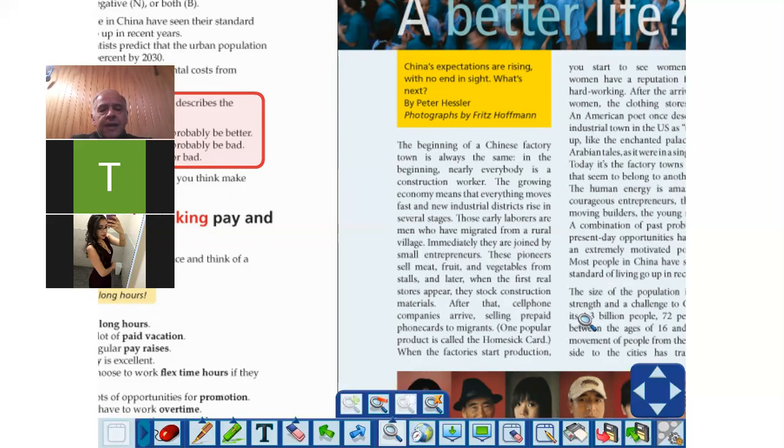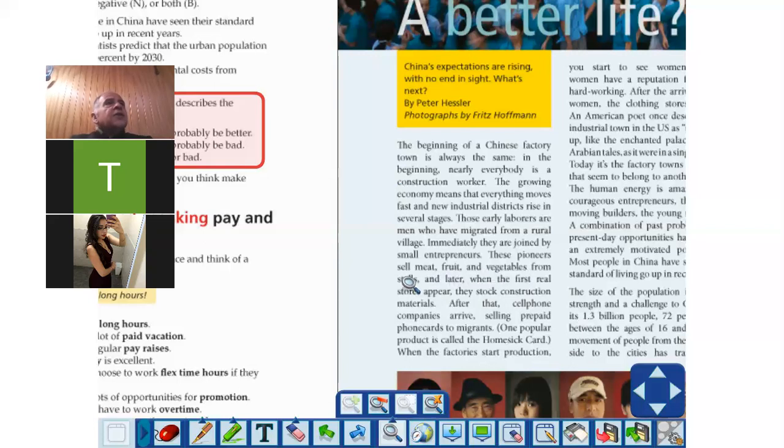They are the ones who have the money, and they are the ones who create factories and industries and have all the capital. They direct companies. Empresarios. That's entrepreneurs. So the people that come from other places to the town, they start working there. So the entrepreneurs take them. Okay. Yeah. So these pioneers start selling meat, fruit, and vegetables